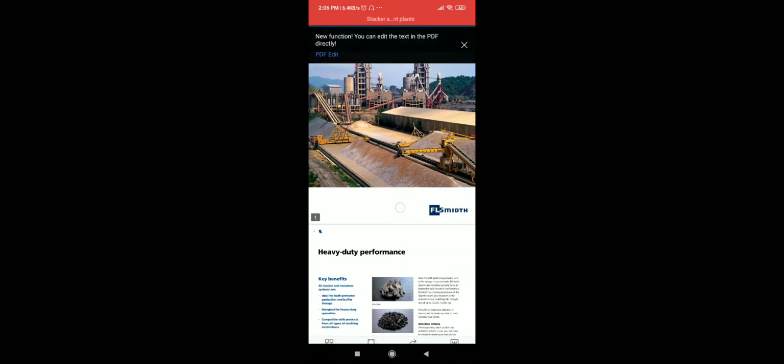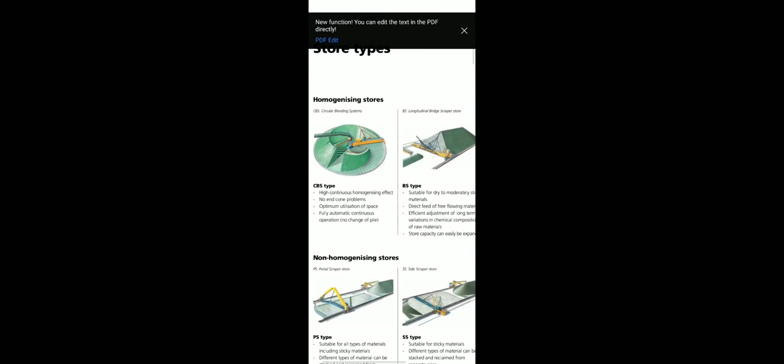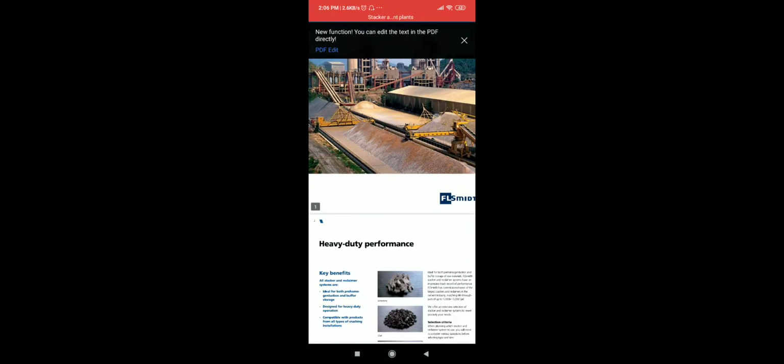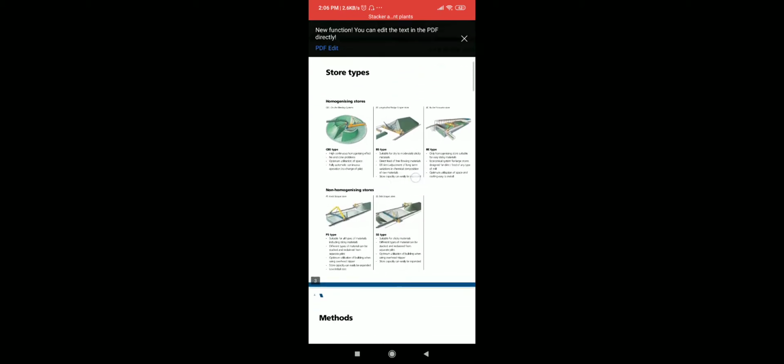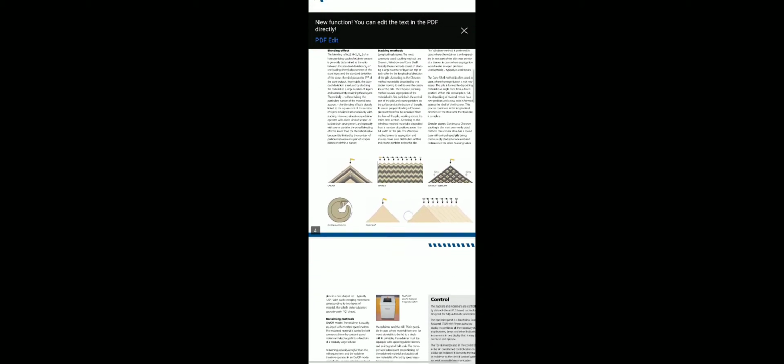I'll show you one PDF where you can see the types of reclaimer. So see here. This PDF is also available on the internet, and I will also be uploading it on the Google Classroom which I have created. So you can learn.